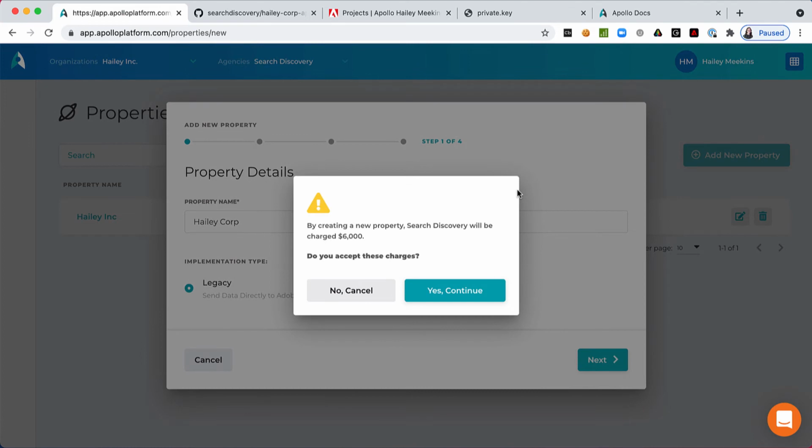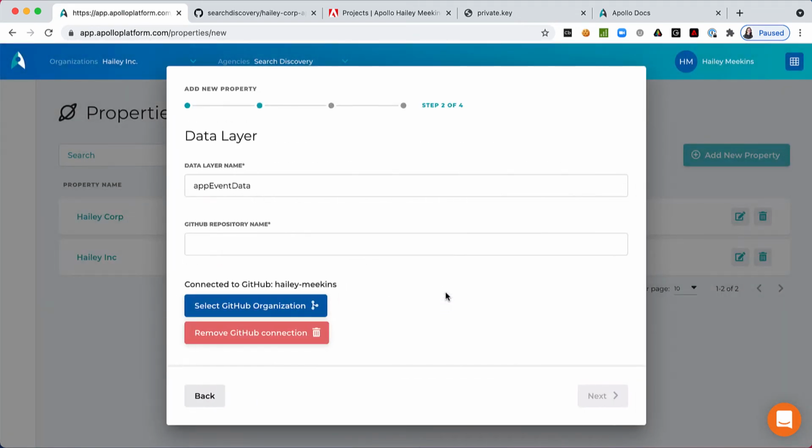A modal appears asking me if I'd like to accept the charges associated with property creation. If the answer is yes, I'm going to click Continue. My property has now officially been created. You can see it over here on the left, but I can choose now or later to complete all of